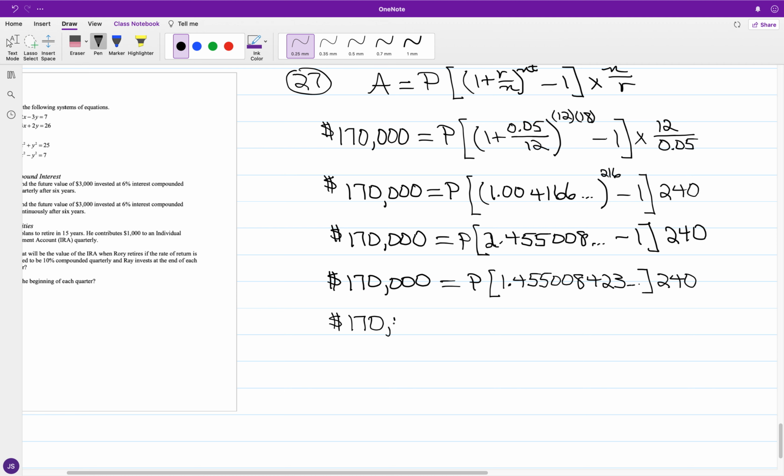So we have 170,000 is going to be equal to, and for the coefficient, I don't like to write out all of these decimal places, but we're looking at bringing it down to pennies, so to speak. So you have 349.2020215 times P, and if I divide 170 grand by this decimal amount, so you got P